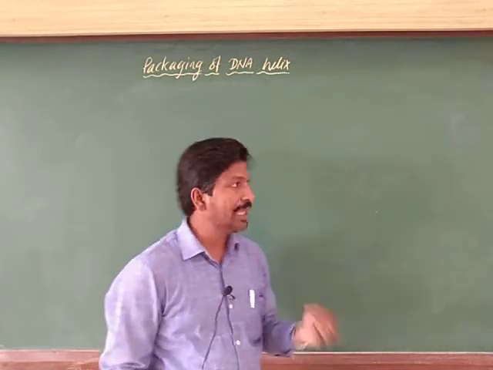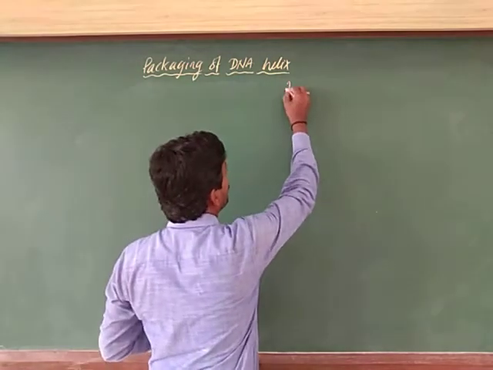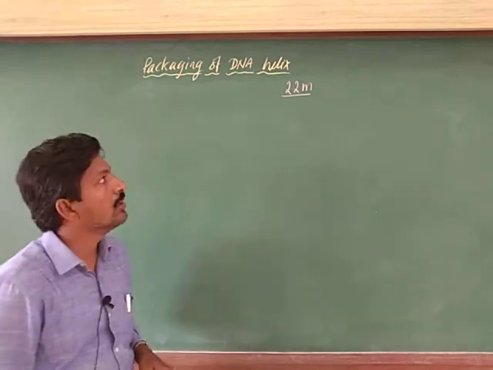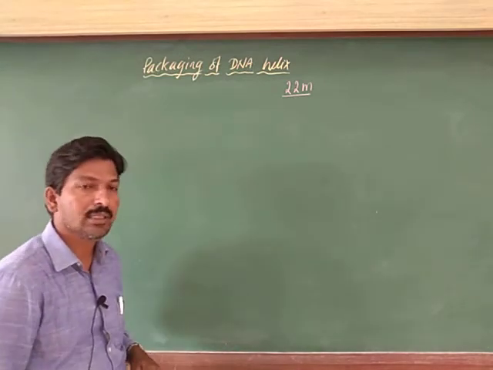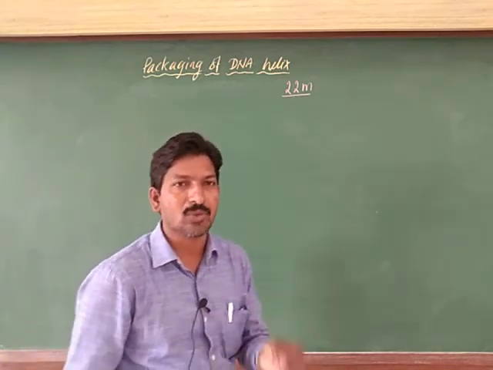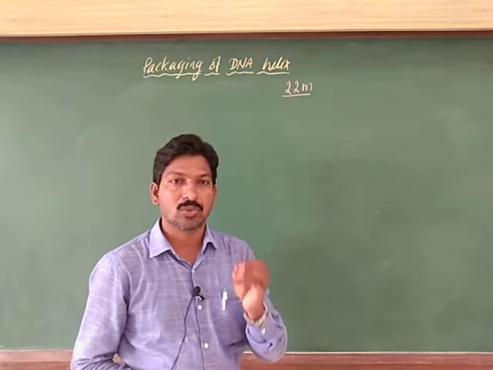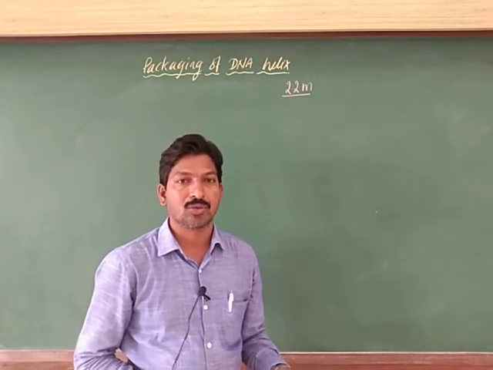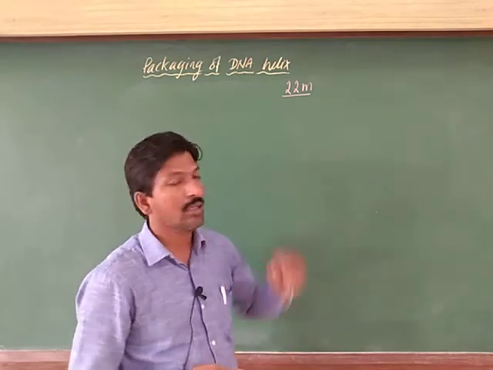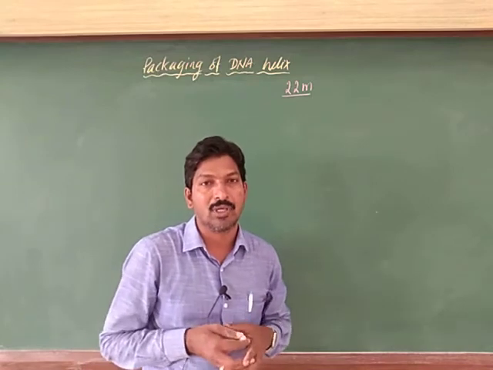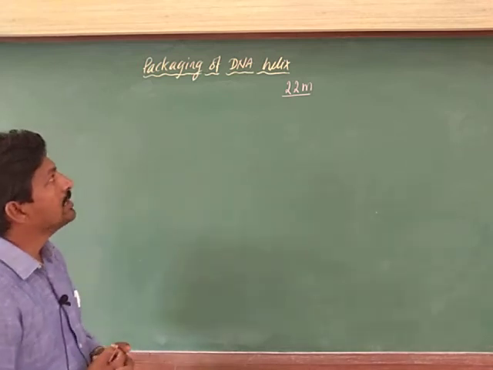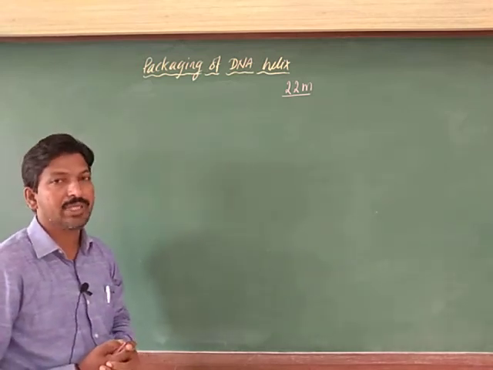As we know, in a mammalian cell there is 2.2 meter length of DNA. That is very long when you compare it to the cell, because it is a minute microscopic structure, and that is also in a nucleus. Of course, the cell is microscopic, and within it the nucleus is very small compared to this meter length. But how does it exist, how is it found? That is explained by this title, packaging of DNA helix, how it exists.